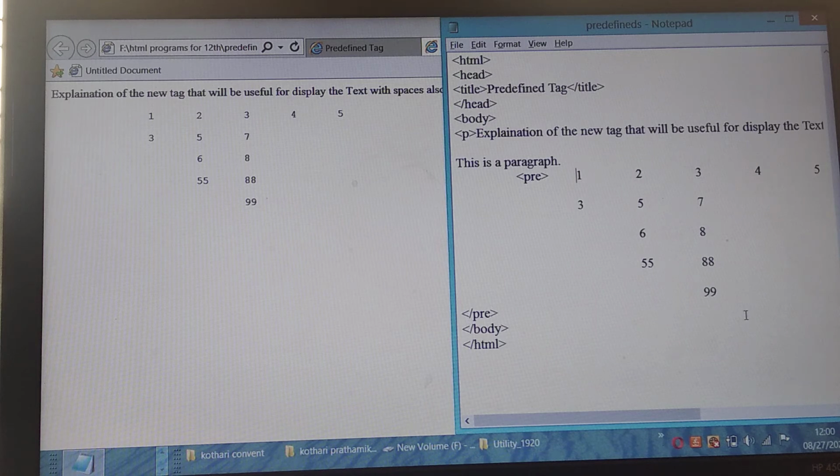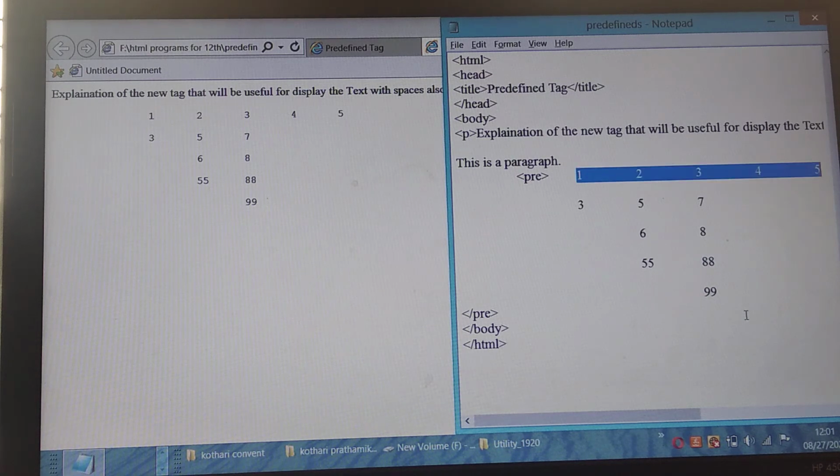We can also say predefined tag. You can get the details about that in our previous videos related to the pre tag. So today we got a new idea about the pre tag.